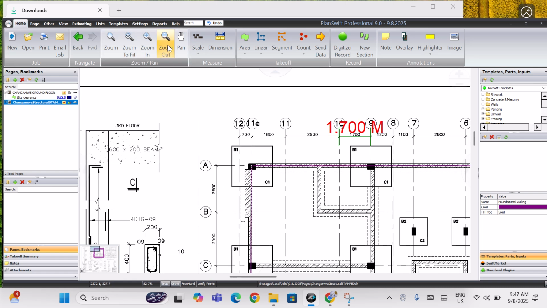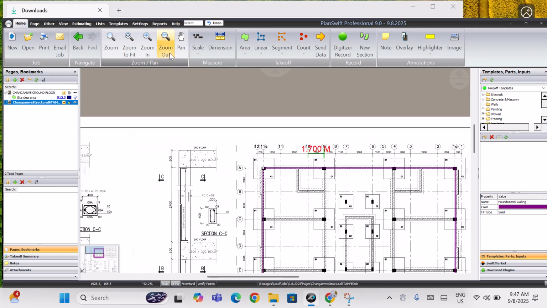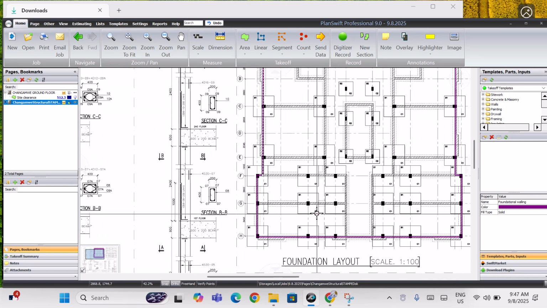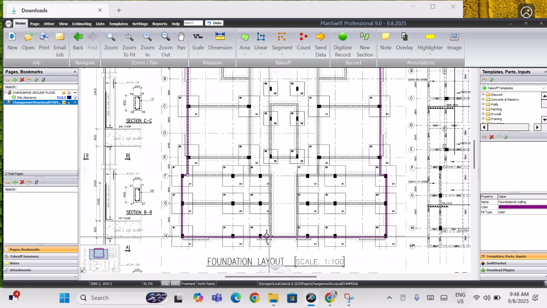So basically, zoom out, and as you can see, there's the length of the outer foundation walling. We have these others. So what you do, you come back to the drawing. We are still not done. And you can zoom in,